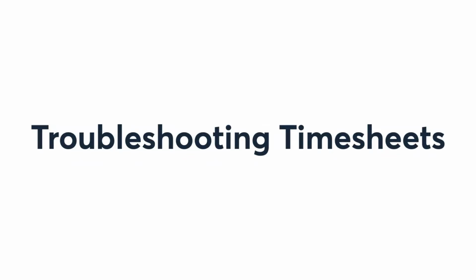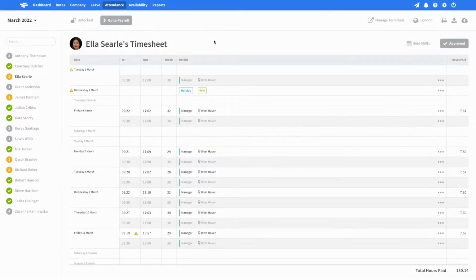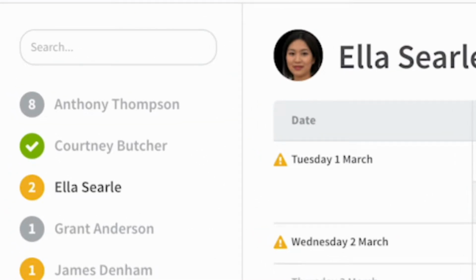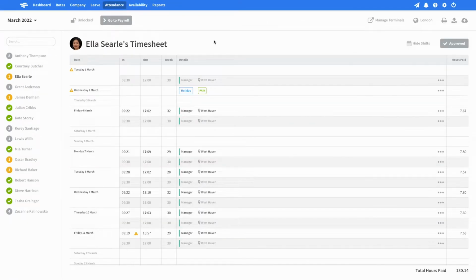When beginning your payroll process, the first step is checking timesheets to make sure they're complete and correct. If there are any issues, RotaCloud will help bring them to your attention so you know what needs checking and what doesn't. Grey warnings next to an employee's name show entries in need of manager approval. The number in the circle will tell you how many need attention. These could be obtained from a smartphone, a terminal, or entered manually by the employee if you allow them.